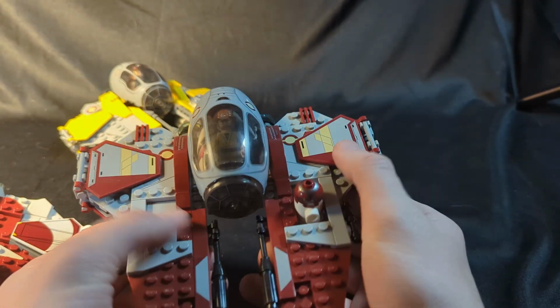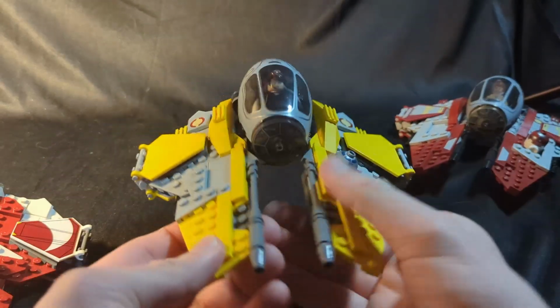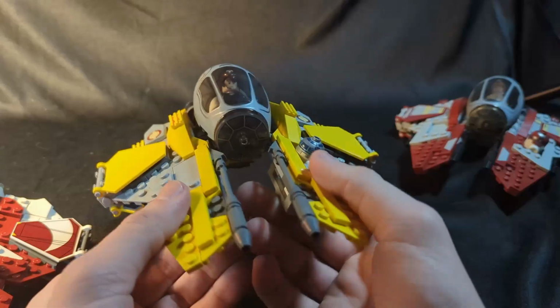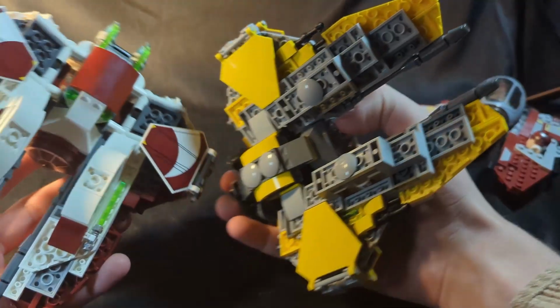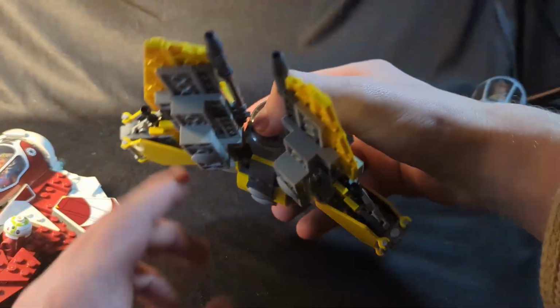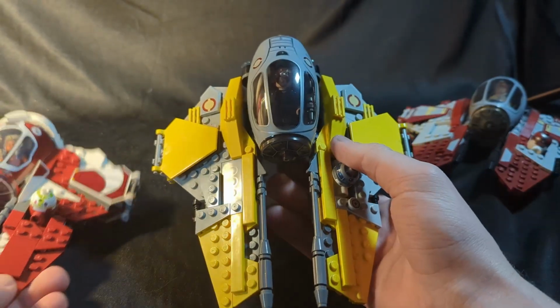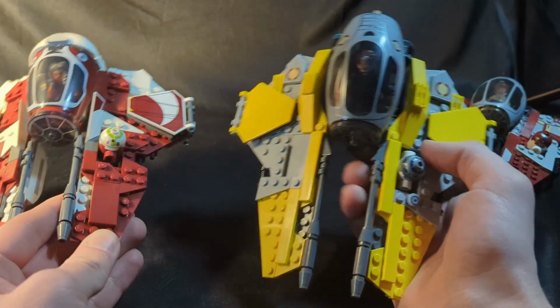Oh my god, this is a little dusty there. You can see for 2020 Anakin's, this one's definitely a lot looser though. But same concept here. Lift like this, like that. You can see the underside details too are way different. I definitely prefer the newer one with that part at least. But these are thinner looking, not as much detail, I guess. I mean, still somewhat very similar, but